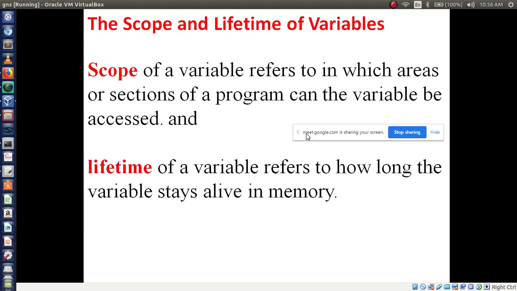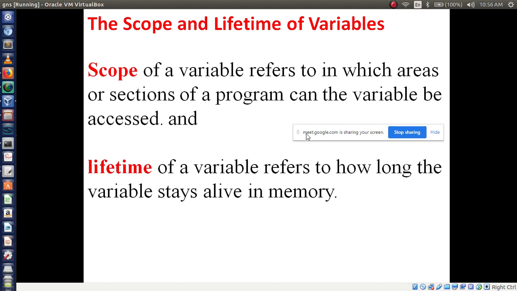Now the scope and lifetime of variables. This concept is also one important question. Sometimes they may ask it in your theory exam, for 5 marks. So today we'll only see the definition of scope and lifetime.